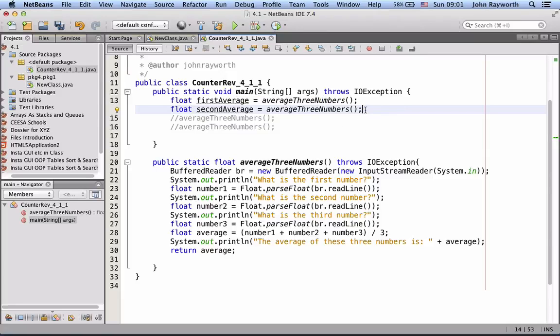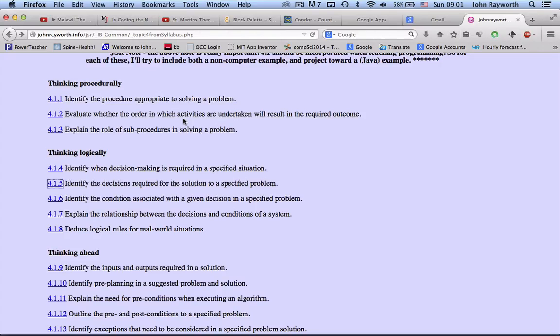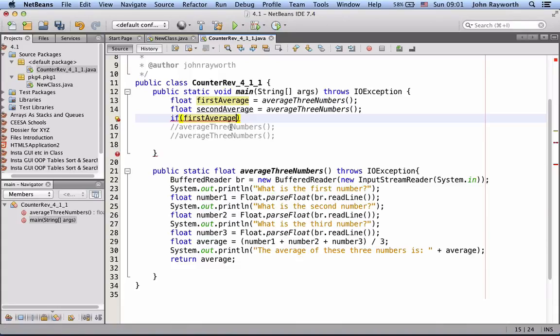And then after it's done that, we can say if the first average, and now we're bleeding into 4.1.5, 4.1.6, but anyway, let's just do it all together. If first average is greater than second average,